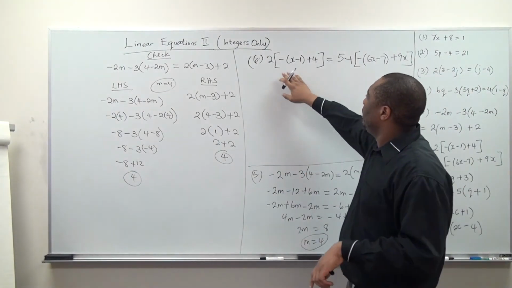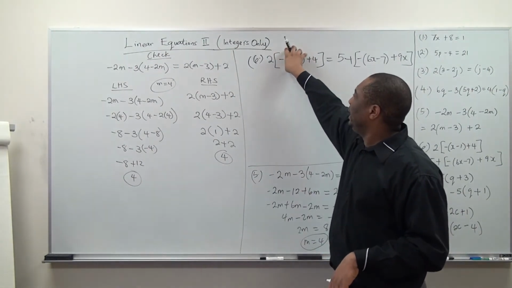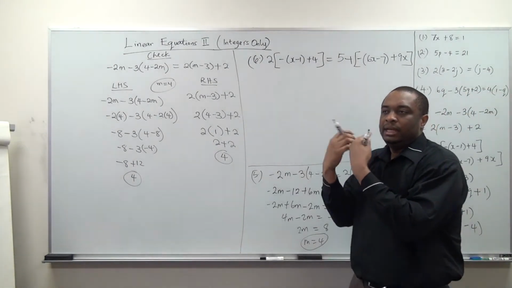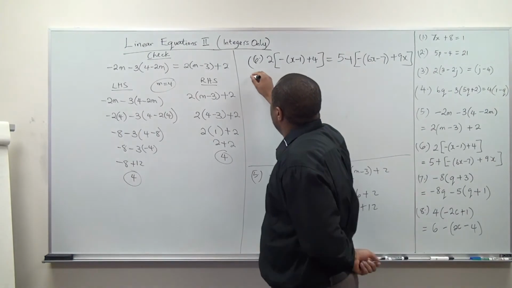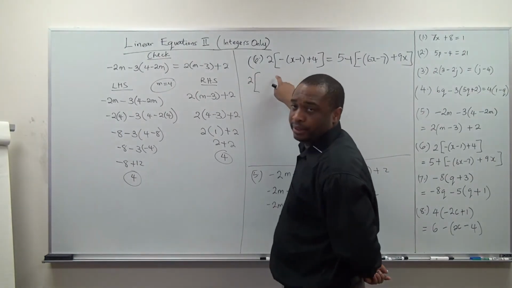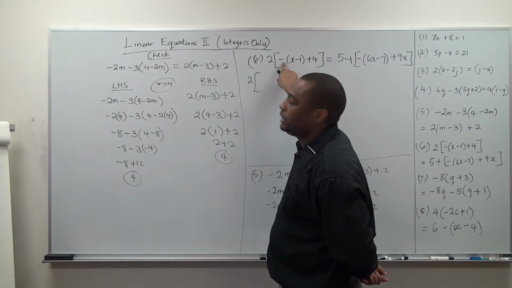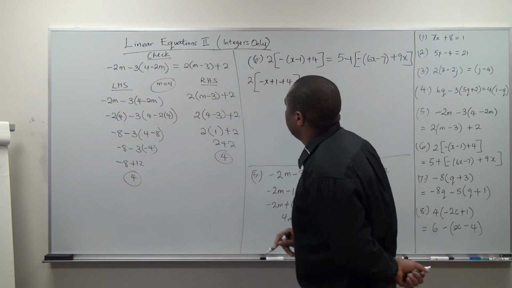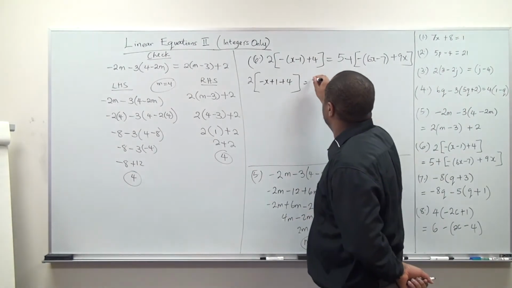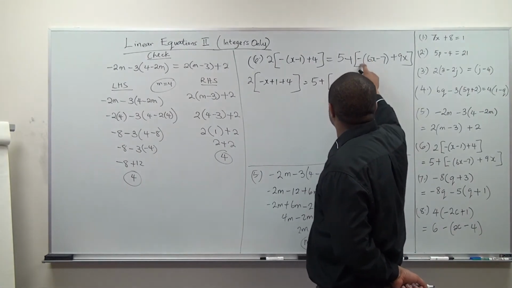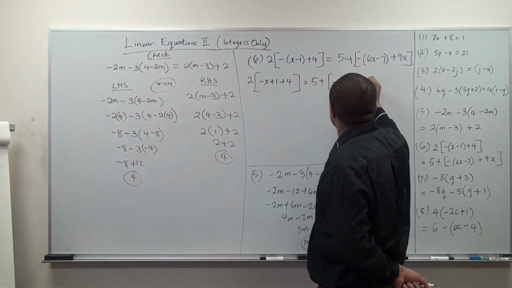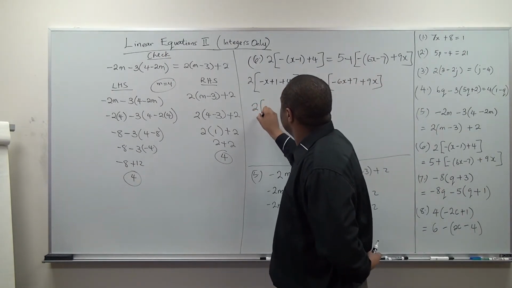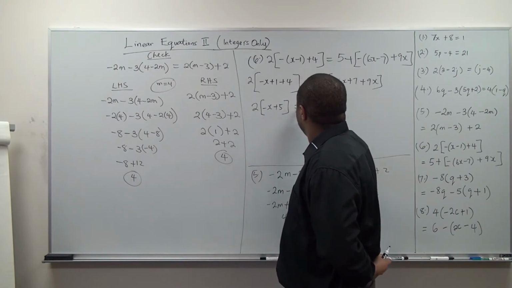Same thing. Here we have a bracket and a parenthesis. We start with the inner, we start with the parenthesis before we move to the outer bracket. The inner is parenthesis, the outer is bracket. So this is 2, we still keep our bracket. Now this is negative 1, you distribute negative 1: negative x plus 1, then plus 4. And then this will be equal to 5 plus, you distribute here, this is negative 6x plus 7 plus 9x. And then you now have 2 into negative x plus 5 equal to 5 plus